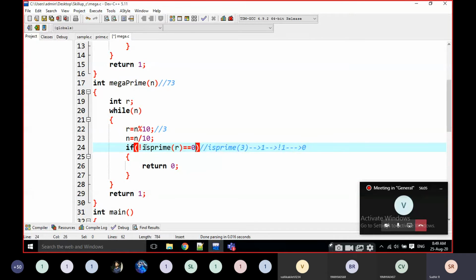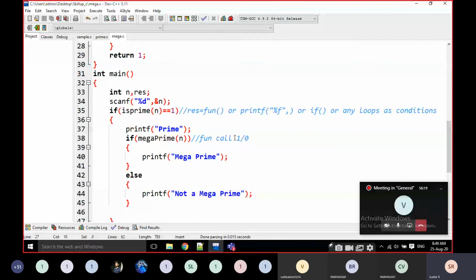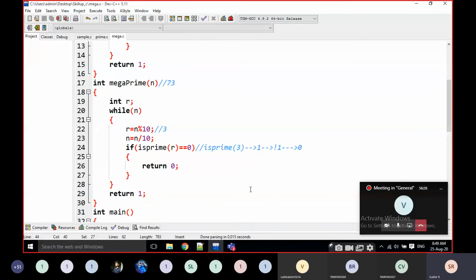If you do not understand this, just write this logic: if the digit is not prime, I am returning 0. 0 refers to not a mega prime, and 1 refers to mega prime. Okay, note it down.